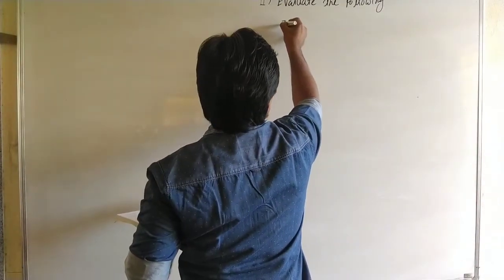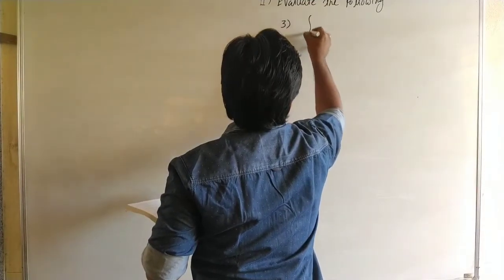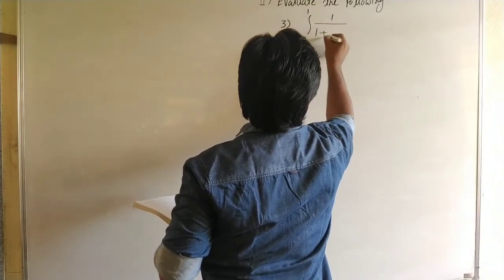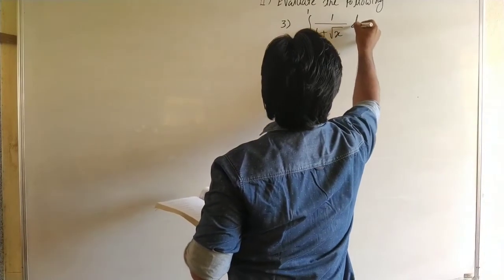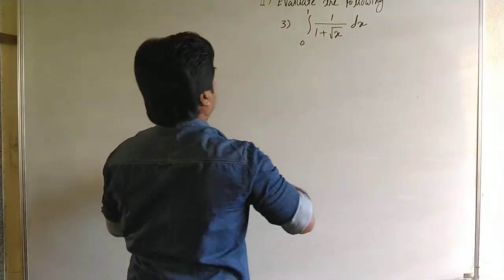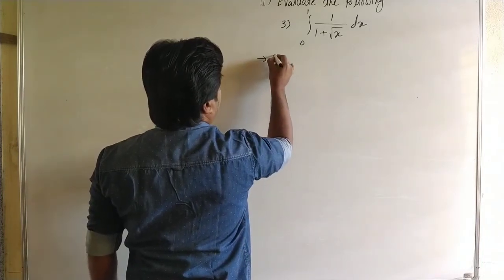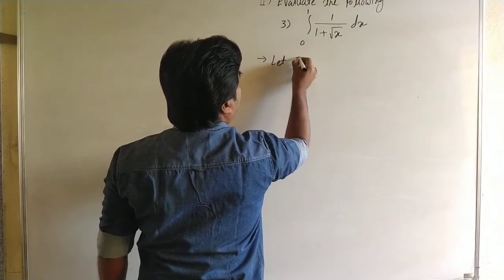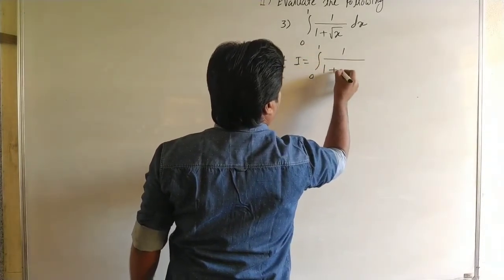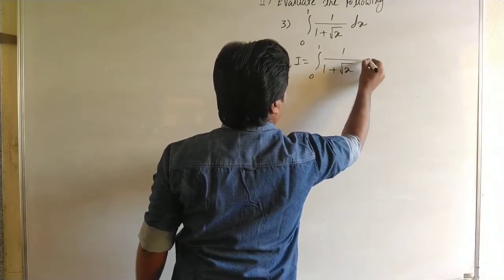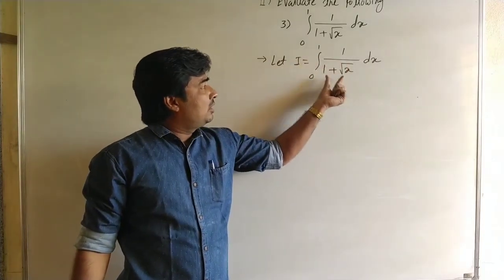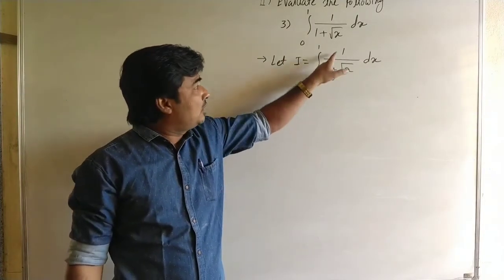Third example, integral 0 to 1 upon 1 plus under root x dx. Now let the integral be equal to 0 to 1 upon 1 plus under root x dx. Okay, now again for solving this integral, here we use the substitution,